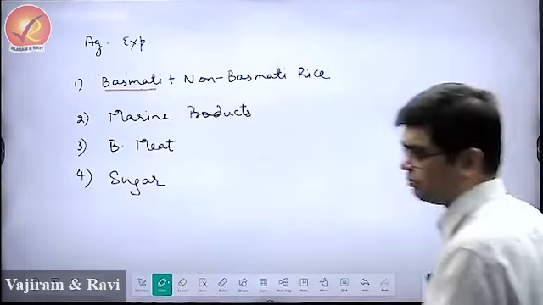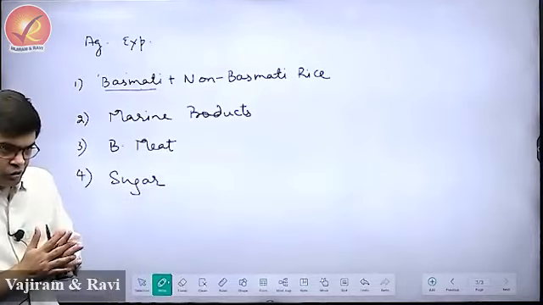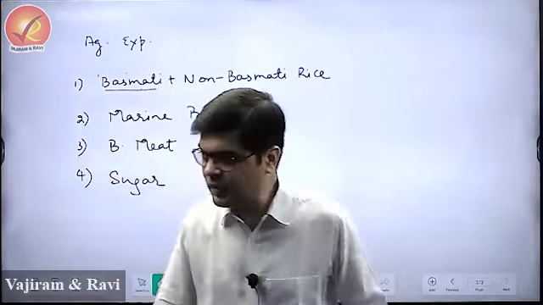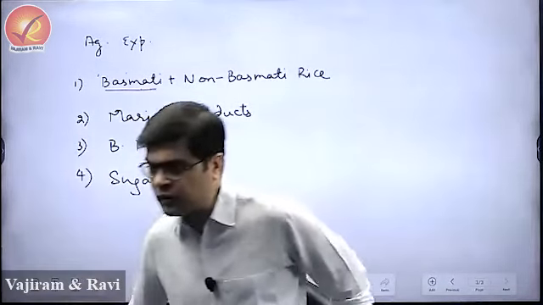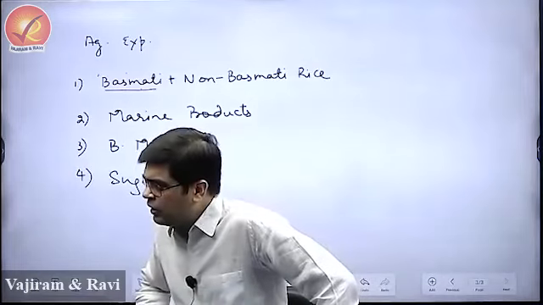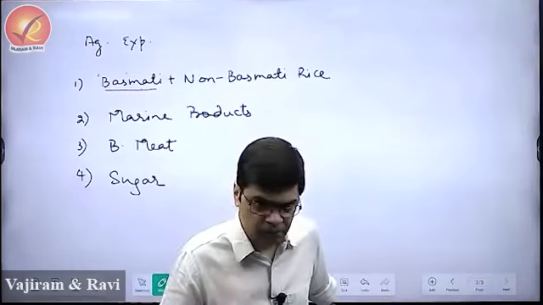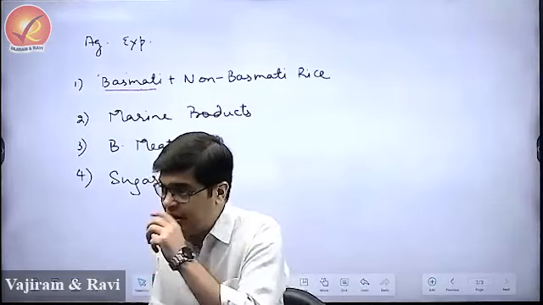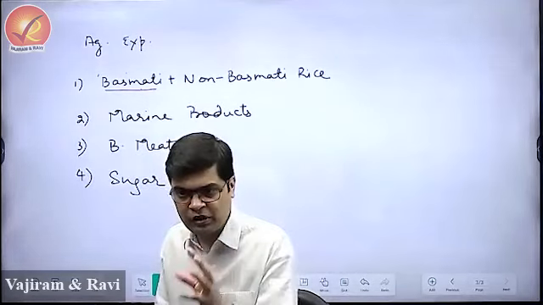Achha, listen now. Sugar, see, listen now. India is the largest producer of sugar in the world, and we have been the largest producer since 2022. Before it, it was Brazil which was the largest producer, and India overtook Brazil as the largest producer as of now. Achha. Whatever sugar is made in the world, sugar is made from beetroot, that is Canada, Western Europe, that sugar beet or beetroot is used for making sugar.